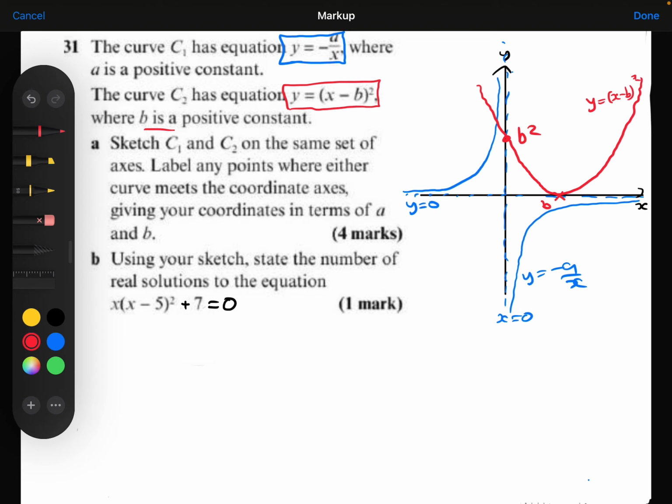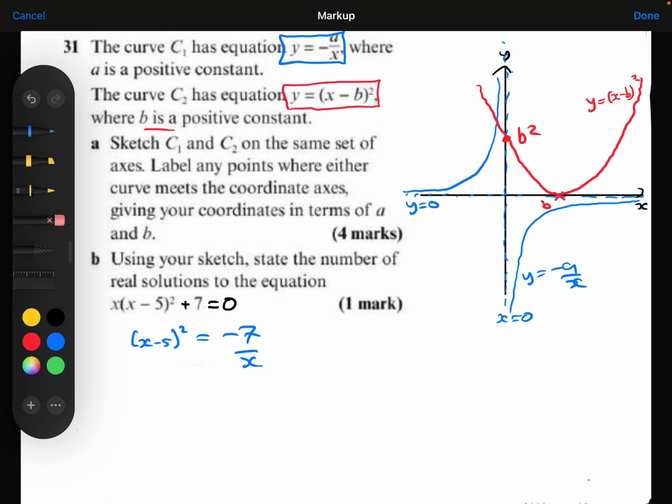Right, part B. Using your sketch, state the number of real solutions to the equation x times x minus 5 all squared plus 7 equals 0. The question says using your sketch. So I'm thinking, what has this got to do with what I've just drawn? What's this got to do with these two equations? Well, if I do a little bit of rearranging here, so if I subtract the 7 from both sides, and then I divide both sides by x,